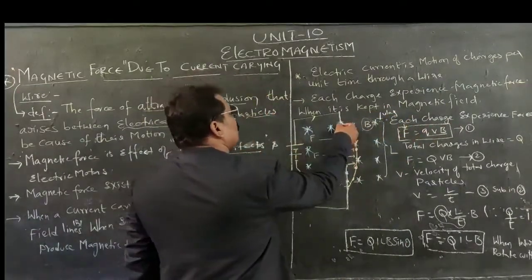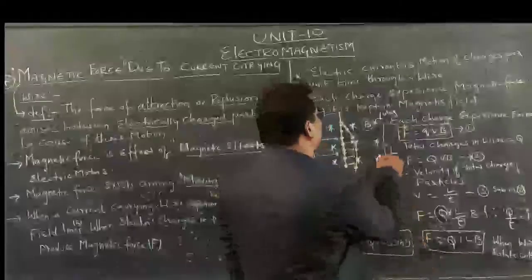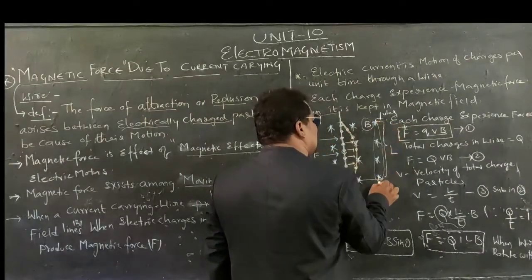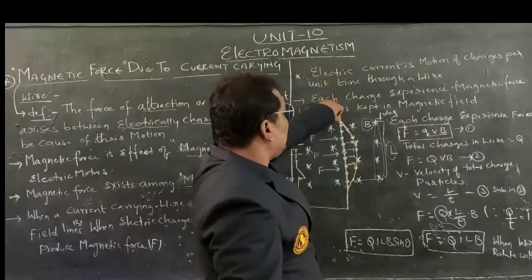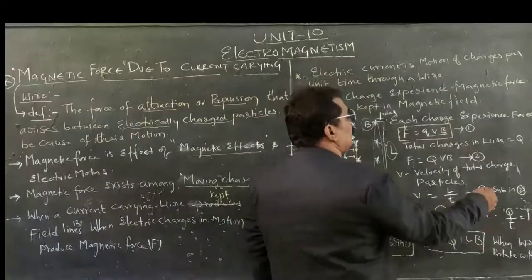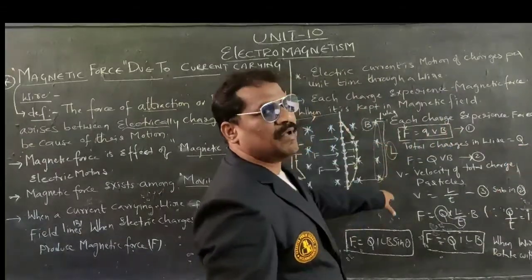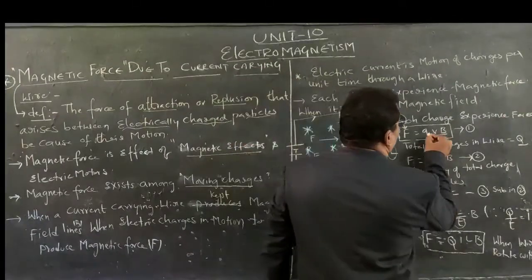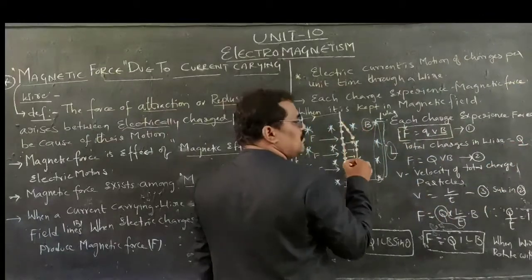But here, a group of charged particles exists. The wire is placed in an external magnetic field, and how much length is it? L length. The number of charged particles existing within the magnetic field is taken as Q, whose length is equal to L, equal to the effect of the magnetic field in which we are placing it. Therefore, the total charge is Q, the number of charges taken.